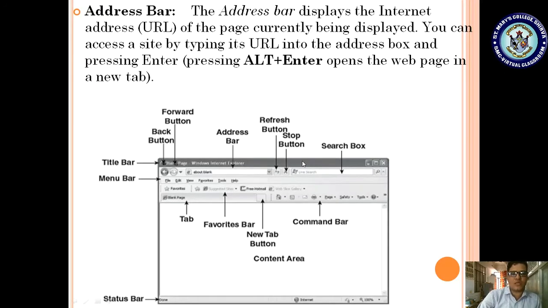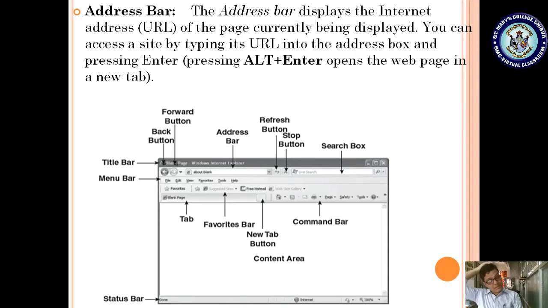And next one is the address bar. Let us see what an address bar is. The address bar displays the internet address of the page currently being displayed. You can access a site by typing its URL into the address box and pressing enter. So by using this address bar, you can access the site.